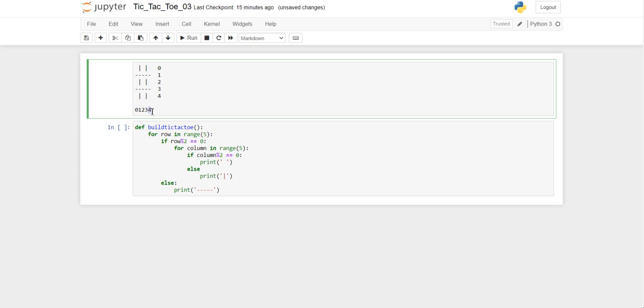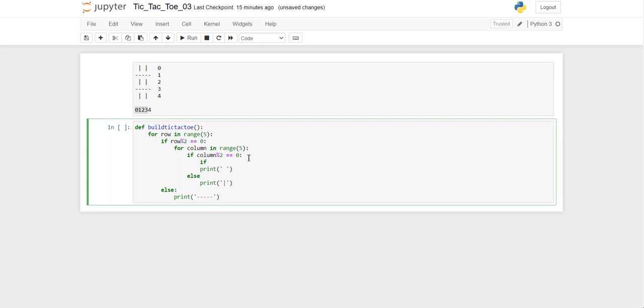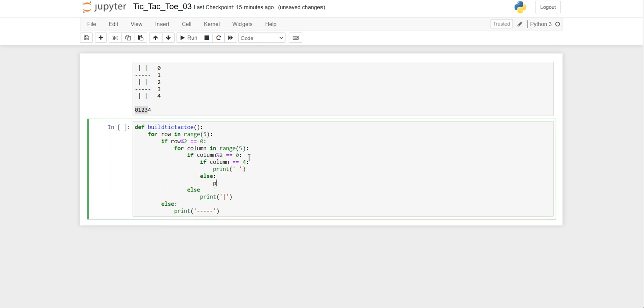So as I said, for the last one it should go to the next line, whereas for the rest of the ones it should continue to print in the same line. So for that we have to write one more if statement. If column equal to 4, so if the column is 4 and this one, else print.